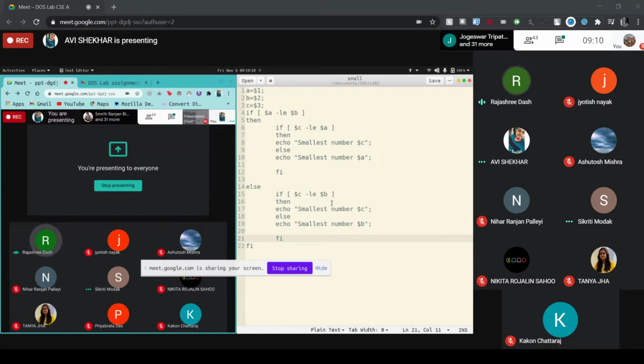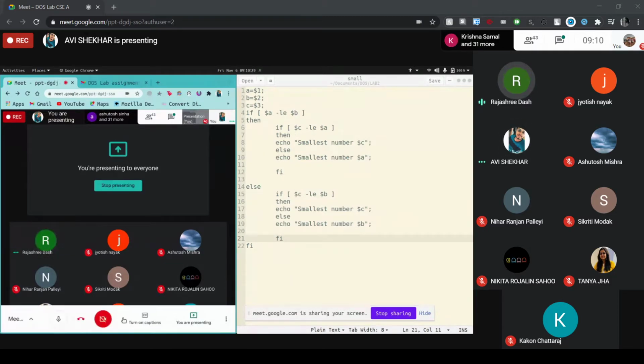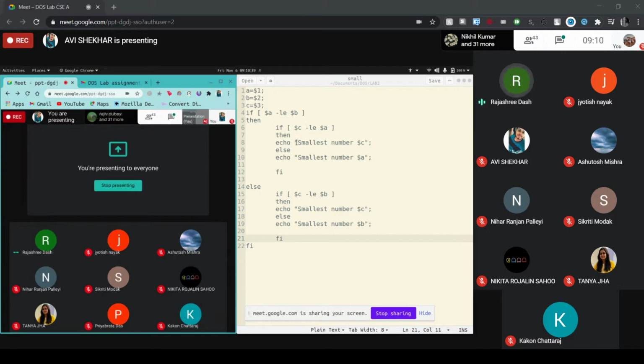Abhisekar, again your code is wrong. If A is less than B, then next line you compare A is less than C, not C less than A. चेक करो ठीक करो कोड को. Okay, ma'am. सेकेंड सिक्स्थ लाइन में जो लिखे हो उसको लिखो इफ डॉलर ए लेस देन डॉलर सी. Then echo smallest number is $a. Else smallest number is